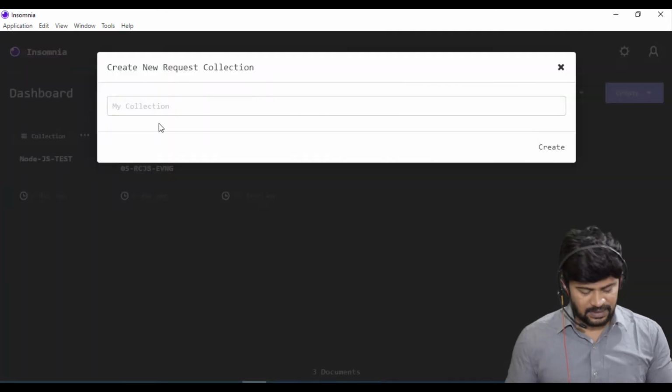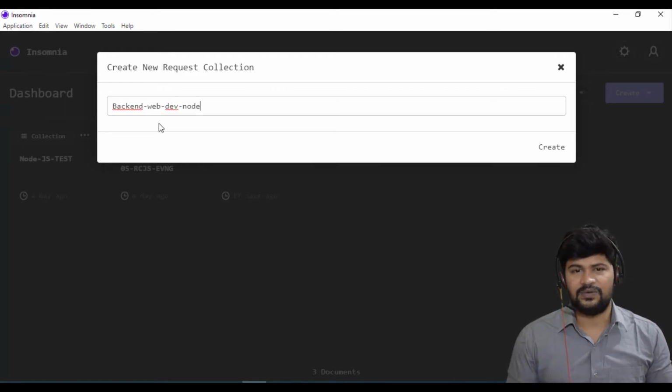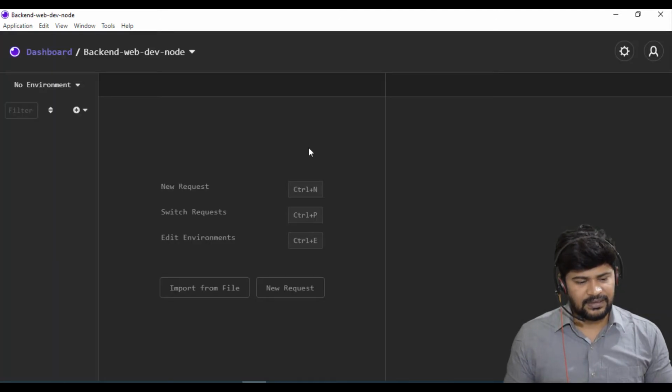You can give it a name, say backend web dev node. So we are testing Node.js in the backend web development course. So create. Yes, we got that name. And here on the left hand side, you can click on a drop down.